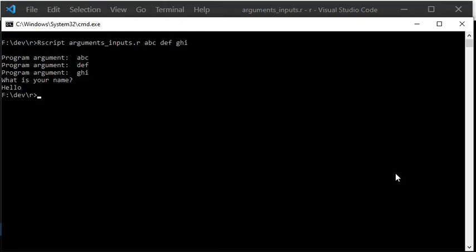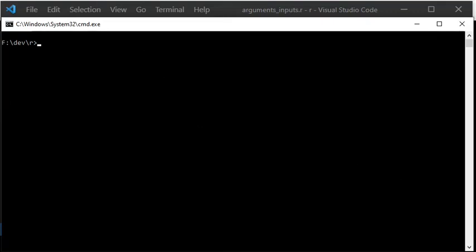Since the function readline does not work properly when executing with Rscript, I will change the source code so that the function readline is only used when the function interactive returns true, and otherwise the function readlines will be used, which is the function I have used earlier in this video when executing with Rscript.